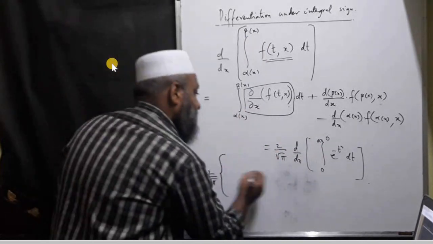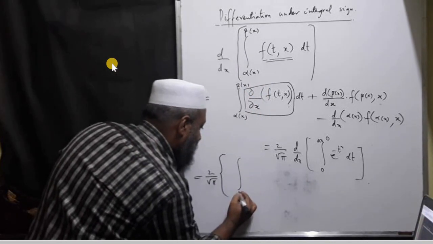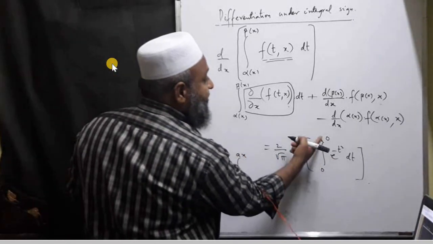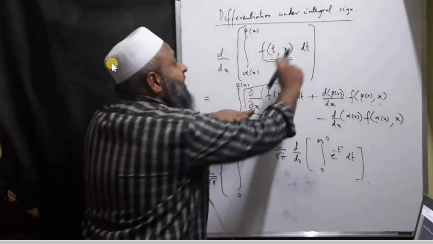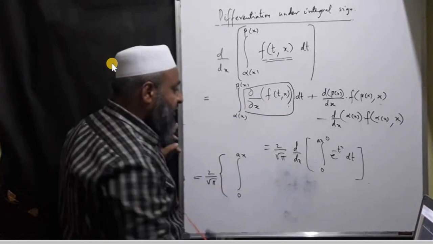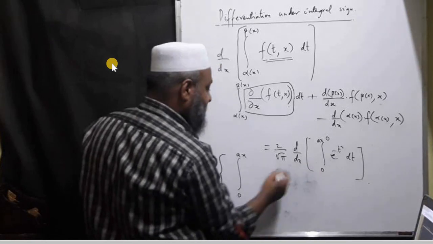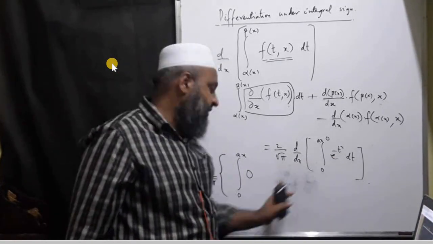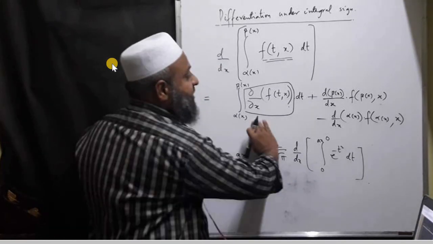First what happens, that integral limits will follow as it is same. So it is going to become integral from 0 to ax, e to the power of minus t square, that is this function. It should be differentiated with respect to the other variable. Actually integration is with respect to t, so you have to differentiate with respect to x. Now if you differentiate with respect to x, this one you will get a 0 because it is purely in terms of t. So it is dt as it is.